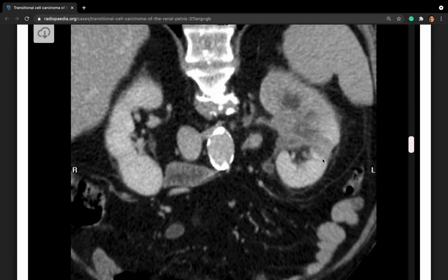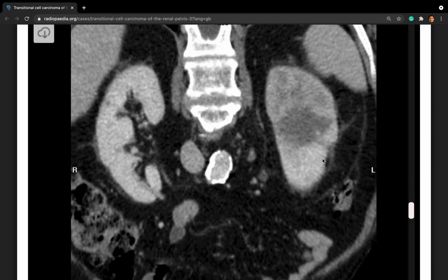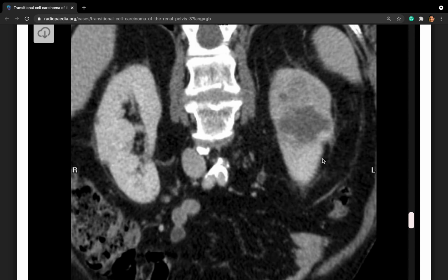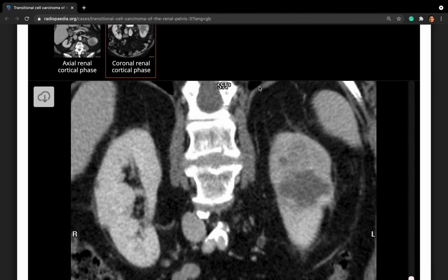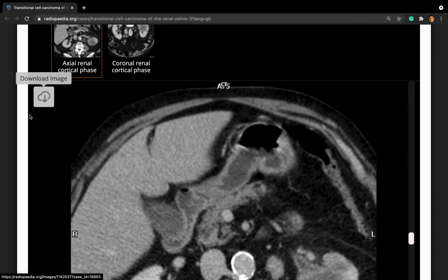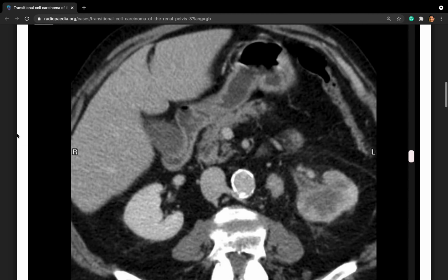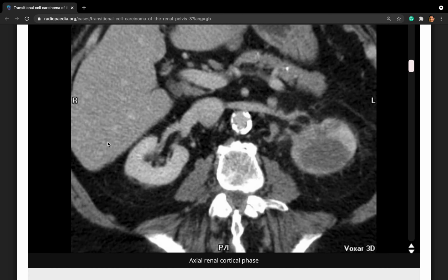Then I'll proceed to take further history about his current medications, his past medical history, including ASA status, his prior surgeries, any history of radiation to the pelvis for any other cancer in the past, any family history of cancer. I'll proceed to then examine him, and after taking verbal consent, ensuring privacy